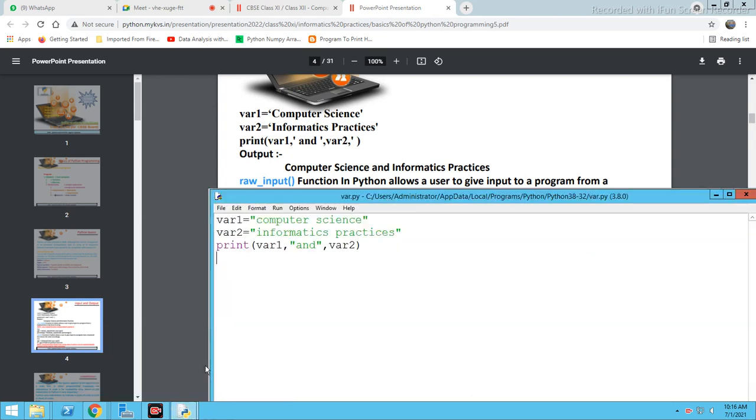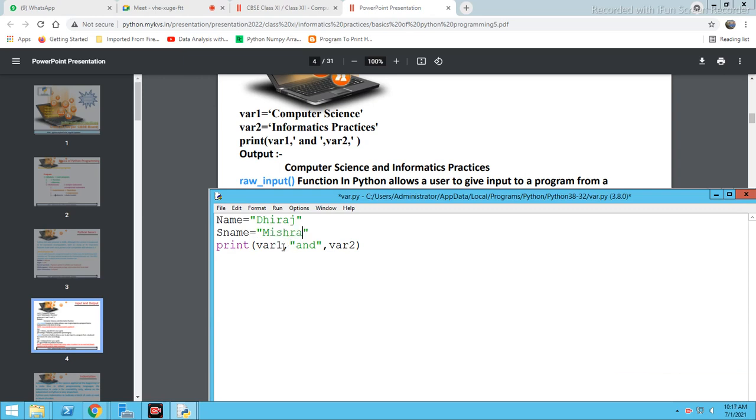Like if we are writing our name here, suppose I am writing my name here, and in place of var1 I have written name, and here in place of var2 I have written sname, surname, right? And the surname I have written here, Misra.